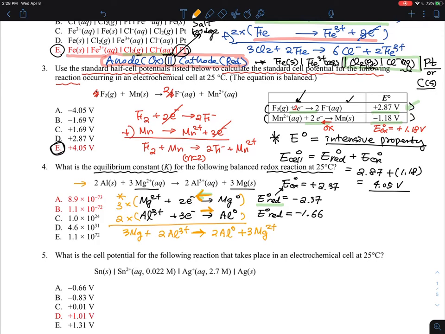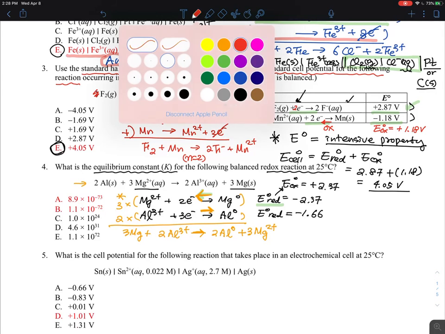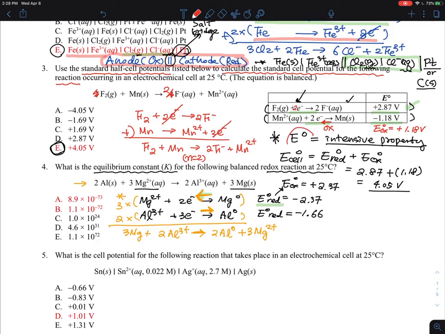Here is once again what I mean by E cell. This is an intensive property. You might have the impression that because I multiplied this 3 times and 2 times, I should multiply this by 3 and this by 2. The answer is no, because this is an intensive property. All you have to do is change these numbers into the oxidation potential and these numbers into the reduction potential, and you will find that the E cell potential here is